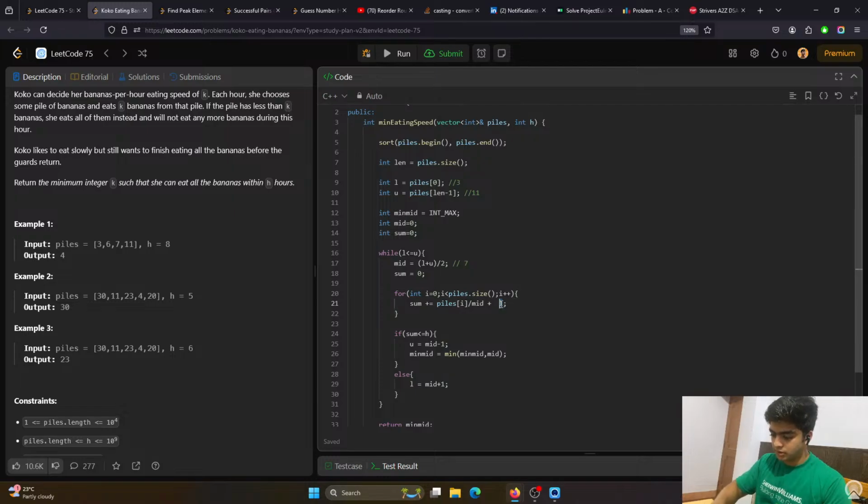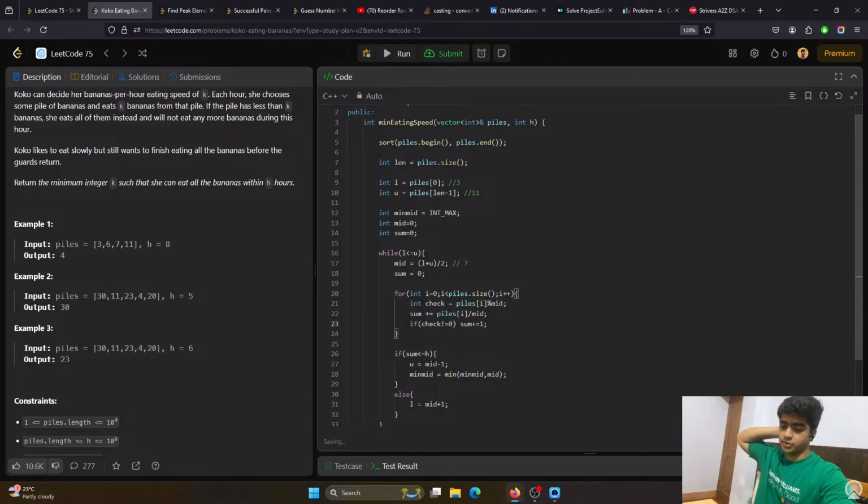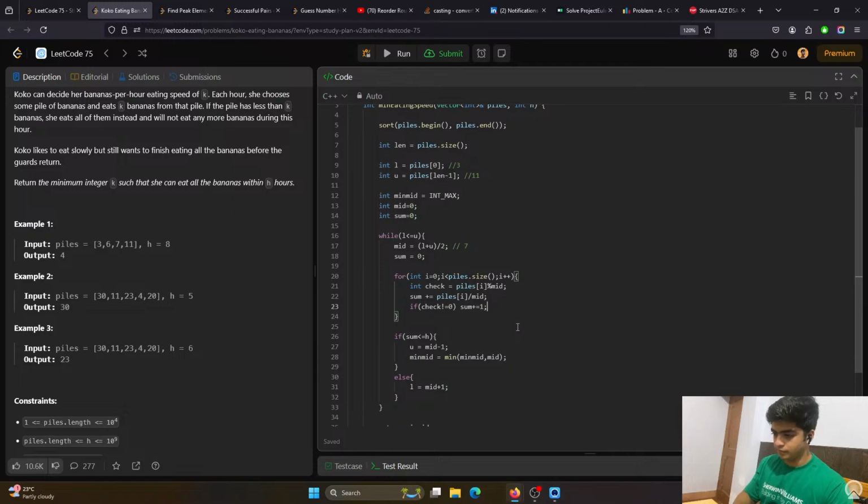Okay. Plus हम कर देंगे piles dot I modulus mid. नहीं, एक सेकंड, नहीं है अभी। इंट ये ले लिया हमने, इंट चेक इक्वल्स टू piles dot, ठीक है। If check not equal to 0, sum plus equals to 1. ठीक है, अगर हम सम को ले जाएंगे 7 plus 2, ठीक है, ये आ गया।